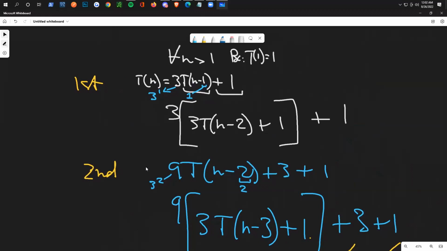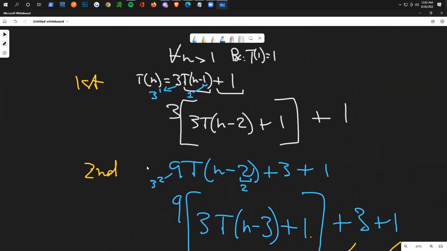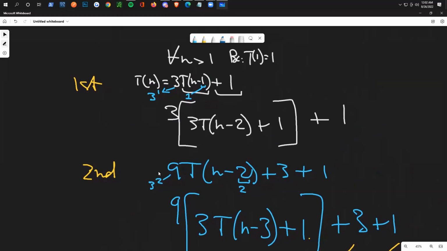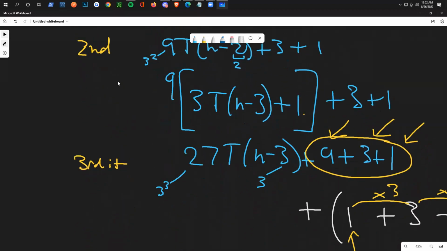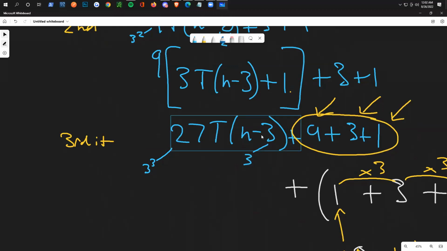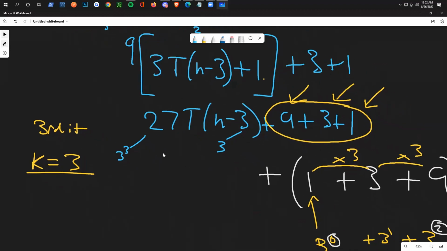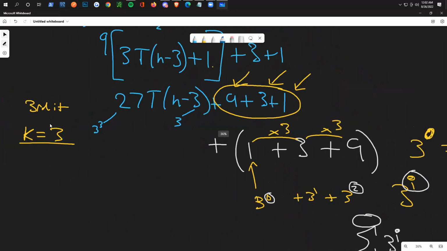And now by knowing our k, which is one of the main difficulties of recurrence relations, now we can actually produce a general form solution, or not necessarily a solution, but a general form which pretty much tells us the trend of how things are changing. We're going to use this information that we just found out to see why we can find the top bound of the summation now. So notice it's 3 to the 3, and then we have a minus 3, right? So we know that at the third iteration, k is equal to 3, right? So we can use this information to see, okay, if k is equal to 3, how does that relate to